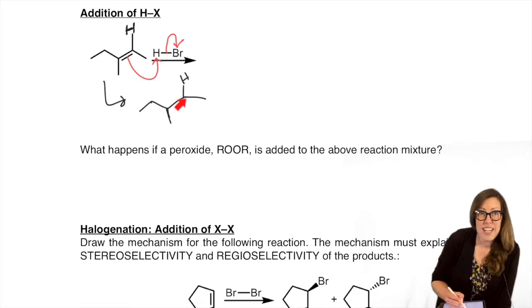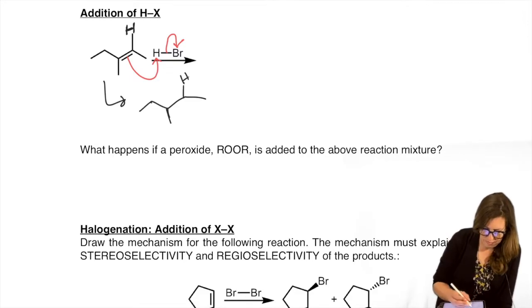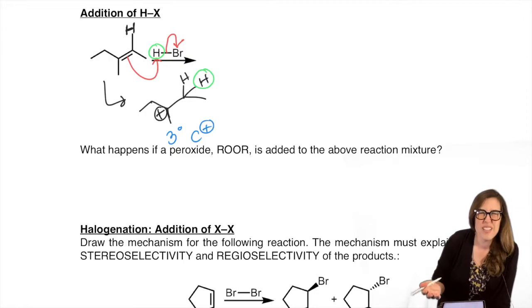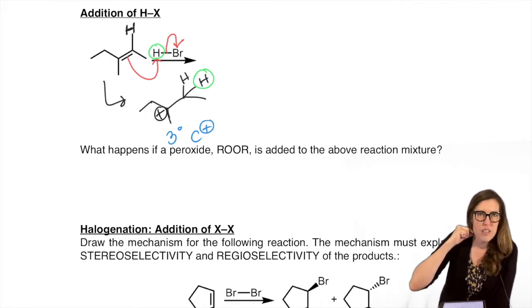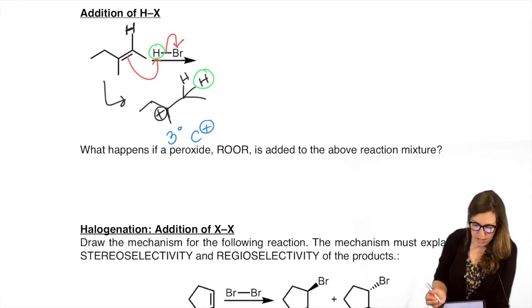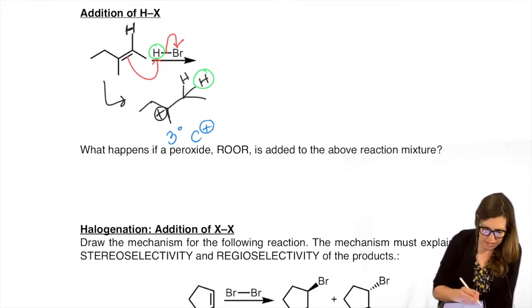Here it would be secondary. Here it would be tertiary. Definitely want that. Which means the new H goes on the other carbon. Tertiary carbocation. No opportunities to rearrange, because there's no resonance, there's no rings, right? So we're going to just be thankful we got tertiary and proceed with the next fate, which is to capture the nucleophile.